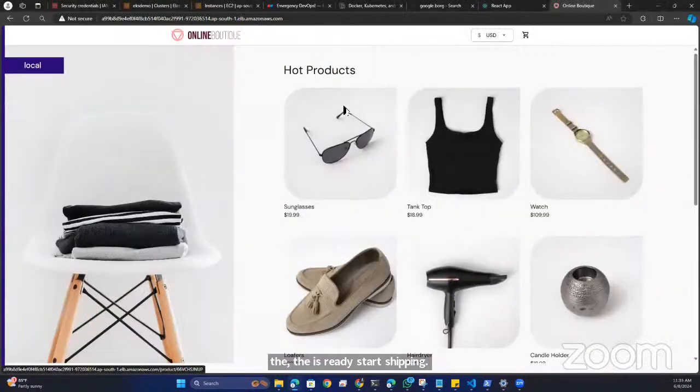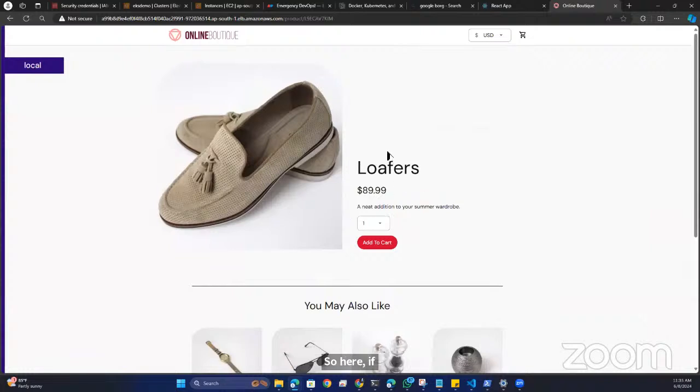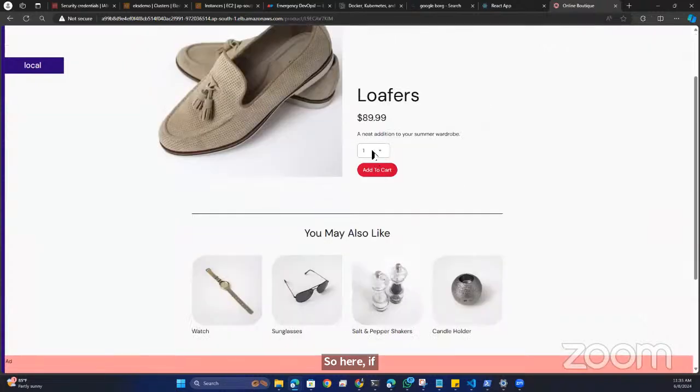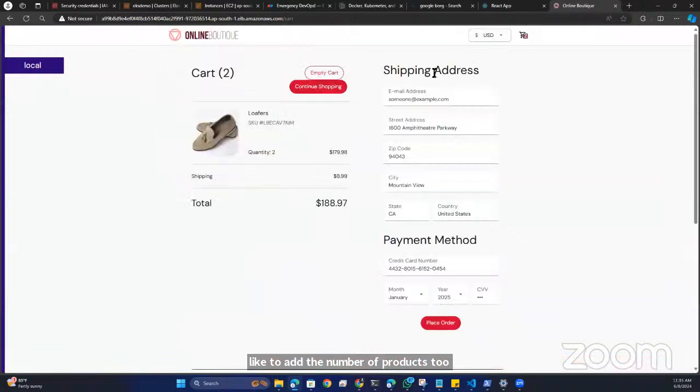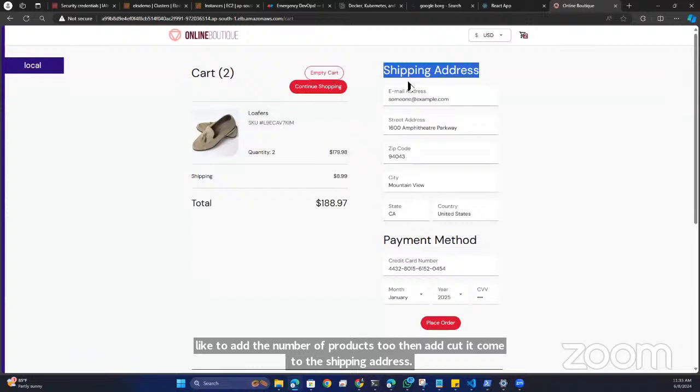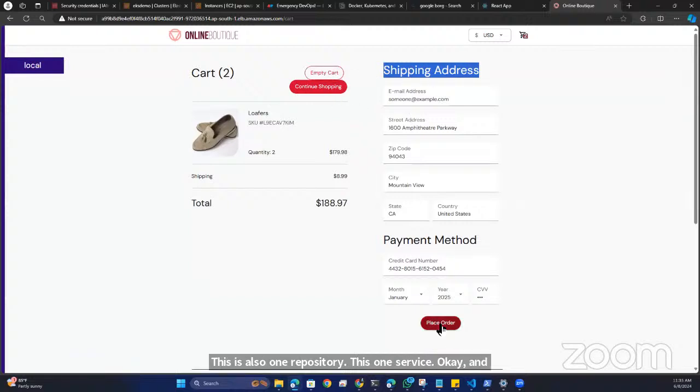So here, if I select one product and add the number of products, then add to cart. It comes to the shipping address. This is also one repository. This is one service. Okay, and I want to add to cart before going for placing the order. I want to add to cart. Okay, so we are already doing add to cart. See,